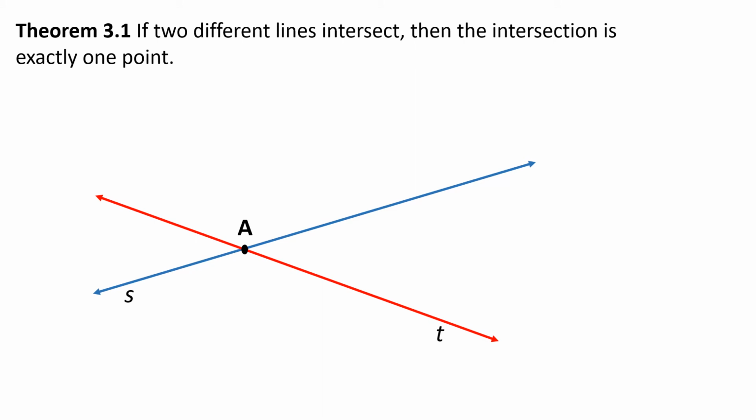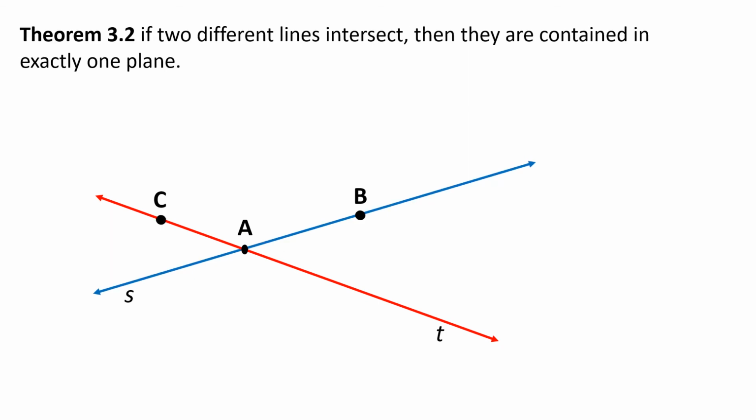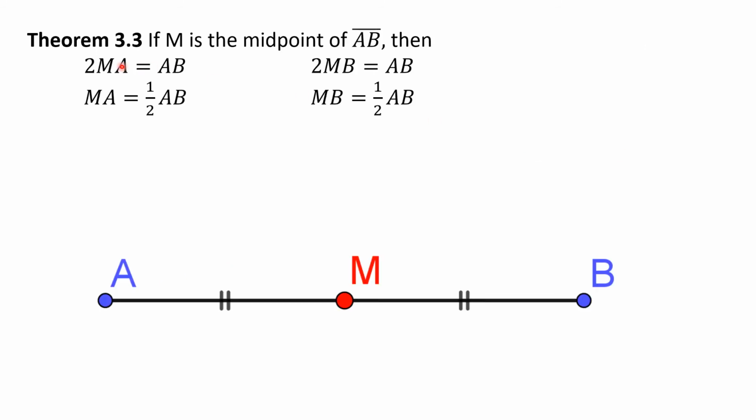Next, if two different lines intersect, then the intersection is exactly 1 point. So that is our theorem 3.1. So if two lines intersect, then their point of intersection is exactly 1 point. Theorem 3.2, if two different lines intersect, then they are contained in exactly one plane. Theorem 3.3, if M is the midpoint of segment AB, then